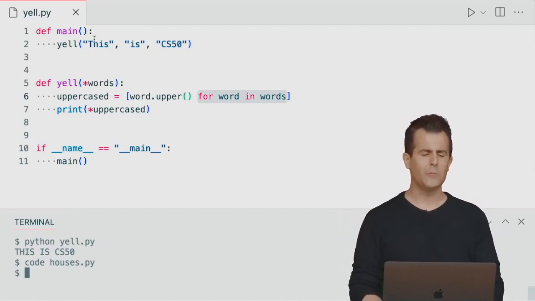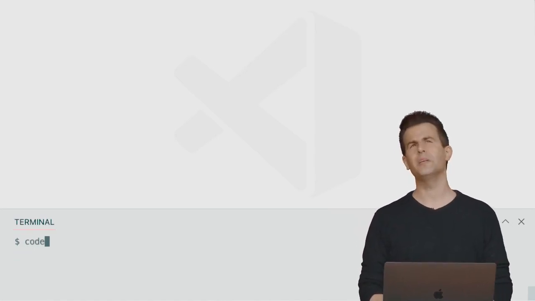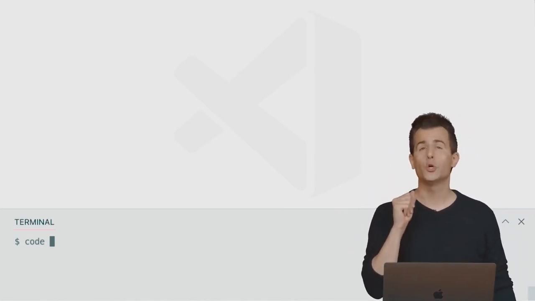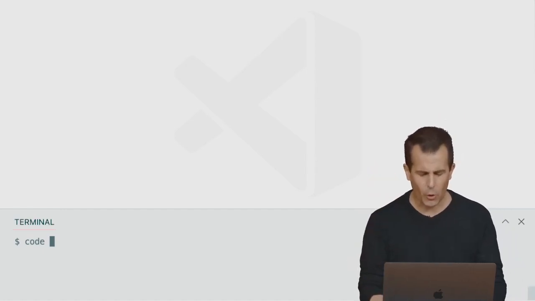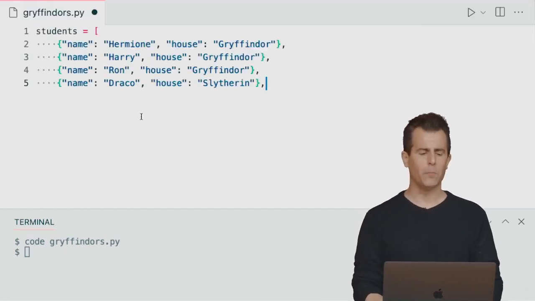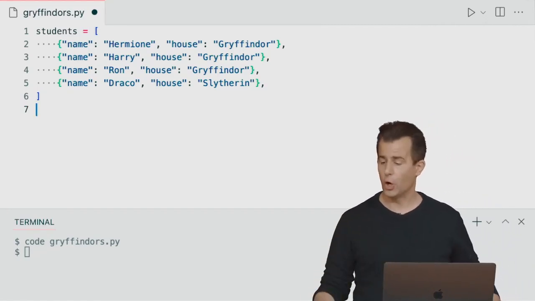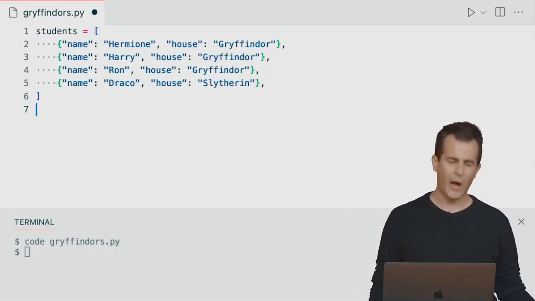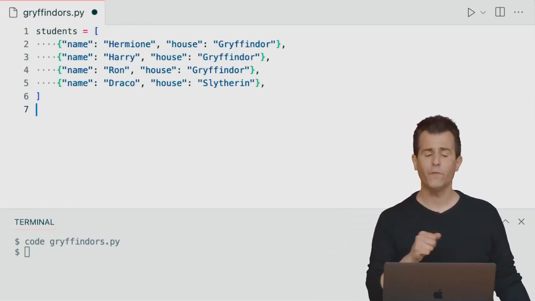So in fact, in VS Code here, let me close yell.py and close my terminal window. And let me create a new program here whose purpose in life maybe is to take our same list of students as before, with a shorter version thereof, and just filter out all of the students in Gryffindor. So let me go ahead and create a file called Gryffindors.py. I'm going to copy paste from before my list of students, at least Hermione, Harry, Ron, and Draco from the start here, just so that I can focus on one student who happens not to be from Slytherin. And what I'm going to do here now, if I want to filter out only the Gryffindor students,